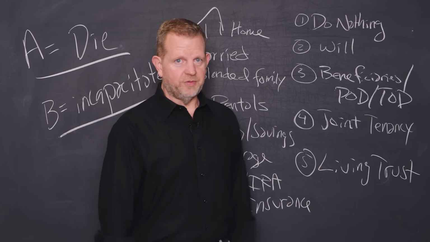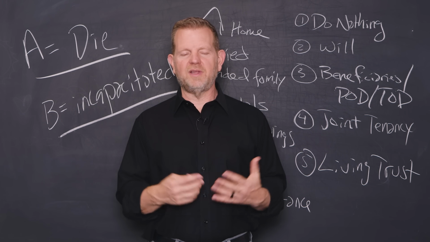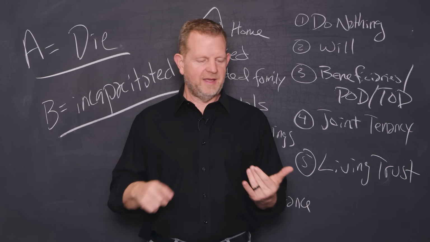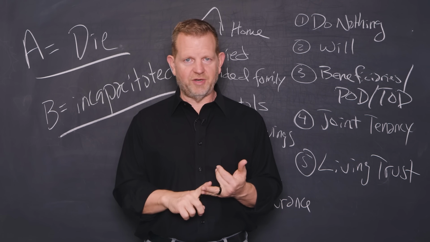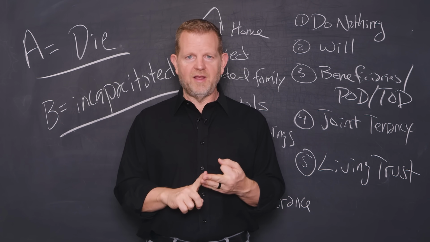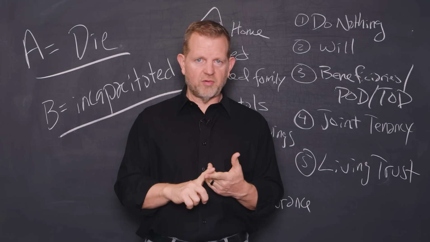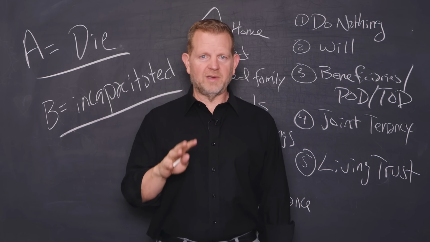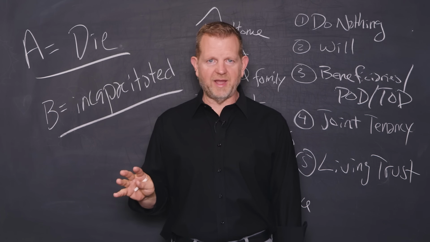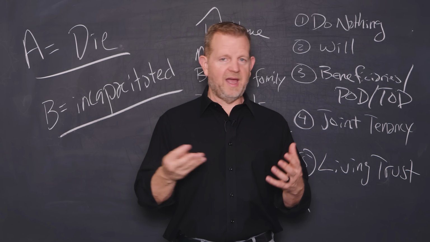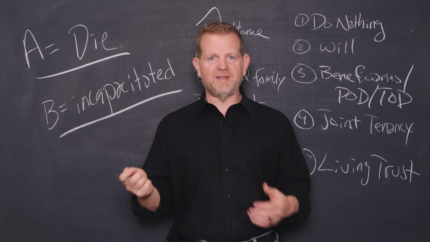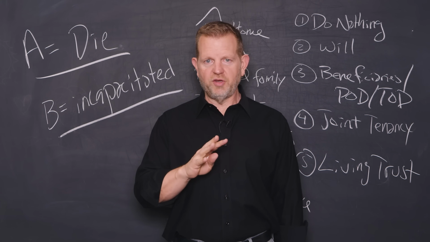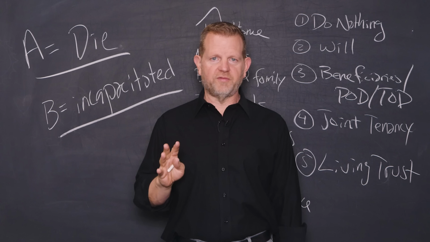So let's talk about the best tool out there. Scenario 5, using a living trust. And by the way, whenever you do a living trust, it's an estate plan. It's the living trust, it's the power of attorney for financial, it's the power of attorney for health care, it's the HIPAA release, it's the schedule of gifting, it's all these things. So a living trust done right, which is, hey, I have all those documents plus I fund it. You're doing a version that actually works for investors.